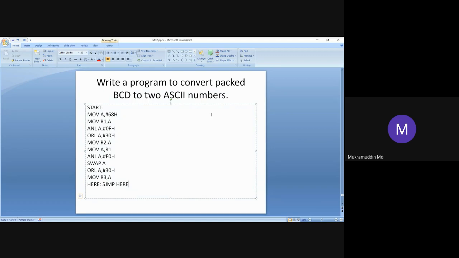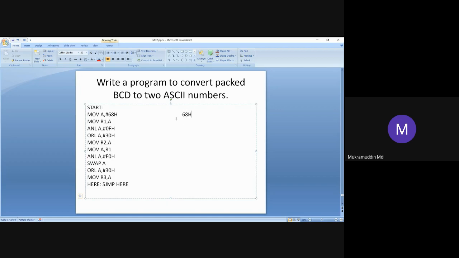Okay, so any hexadecimal number, whatever the number we want, we can take, but it should obey one rule. Suppose 68H is there. The upper nibble and lower nibble both should be less than 10.